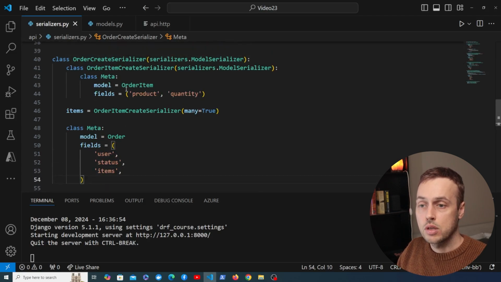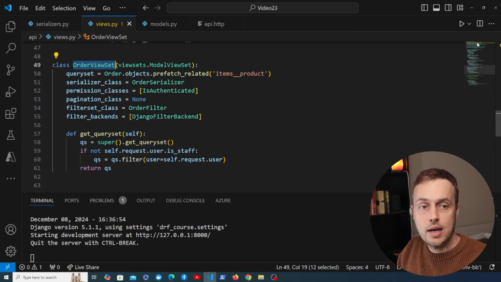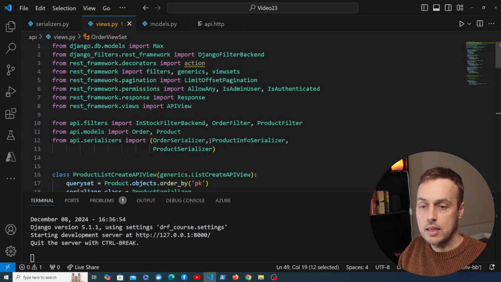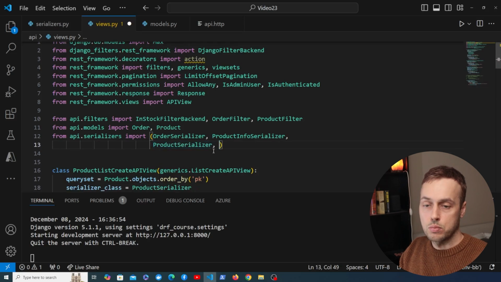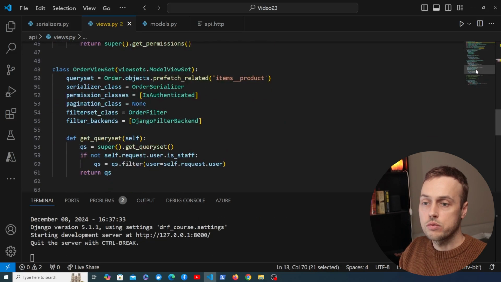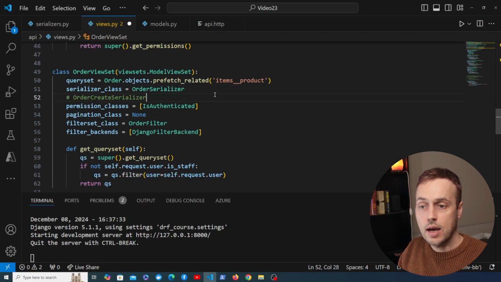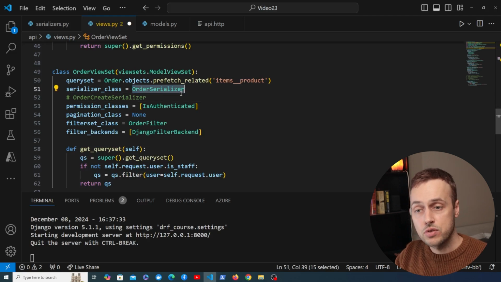I want to now import this new serializer into views.py. So let's go to views.py and at the top, we're going to import that. And that's from the api.serializers module. We're importing the order create serializer. Now let's go to the order view set that we've been working with in the last set of videos. When we think about what we want to achieve here, when the user sends a post request, we want to actually create an order create serializer, or we want to use an order create serializer. And for all other requests, we want to just use the normal serializer class that we've set here,